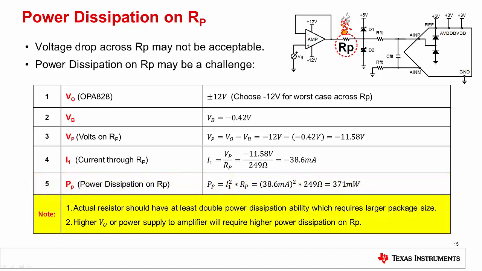As a general rule of thumb, it is advisable to double the power specification on the resistor for margin over temperature, so a 1 watt rating would work well for this resistor. Unfortunately, a 1 watt rating is a fairly large and potentially expensive resistor. Later on, we will look at an alternative approach that will mitigate this problem. Before we look at this approach, let's check the measured performance of this circuit using TinaSpice.